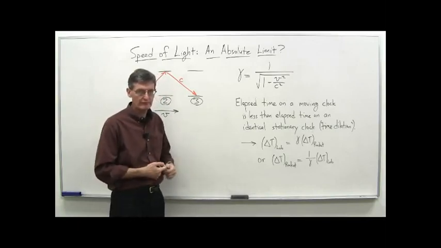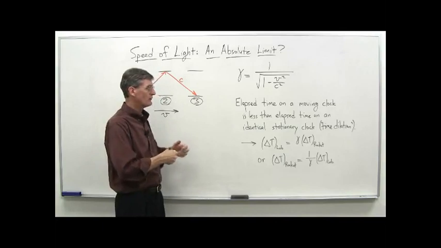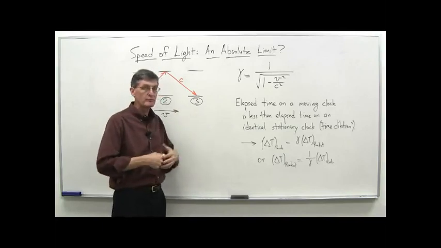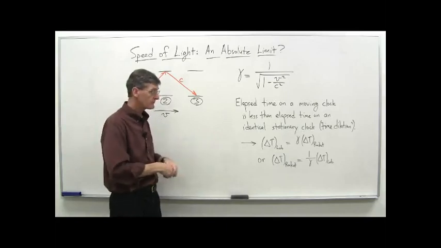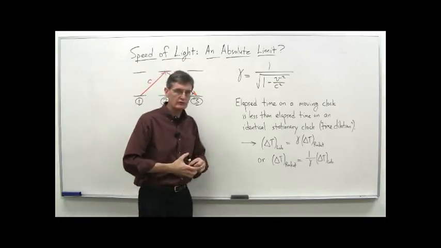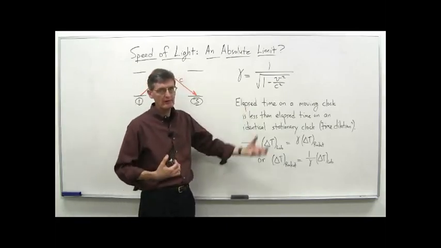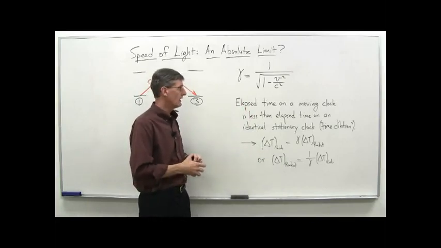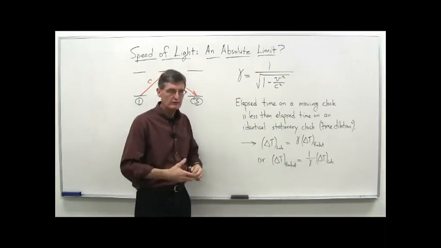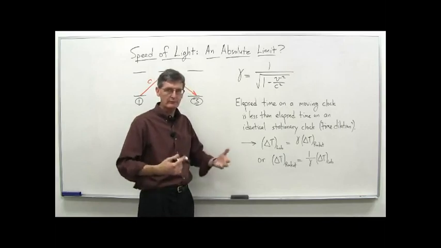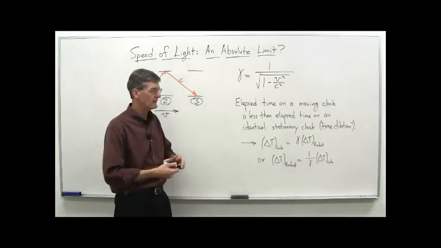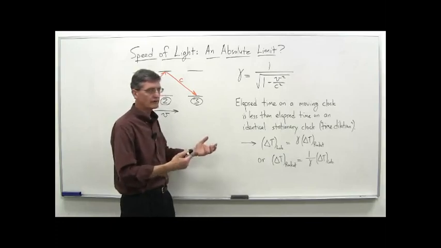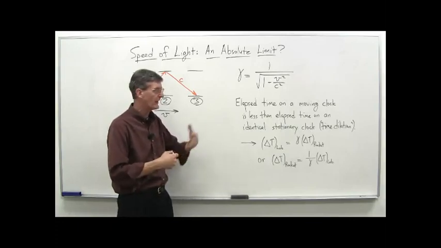And since the theory has been well verified, we say, okay, this must be an absolute speed limit, that nothing can actually get up to the speed of light. You can do further calculations with this that go a little beyond our course, in terms of the amount of energy needed to take a massive object, anything with mass, up to the speed of light, and you find essentially infinite energy is required. So there are other arguments, too, for why you can't get there.